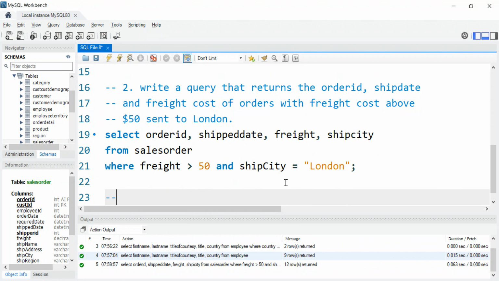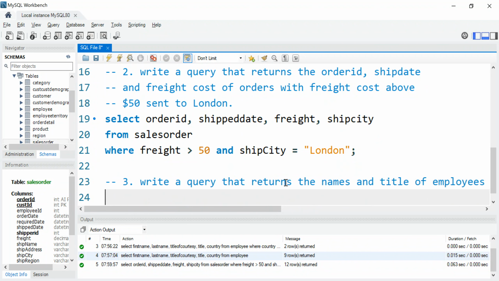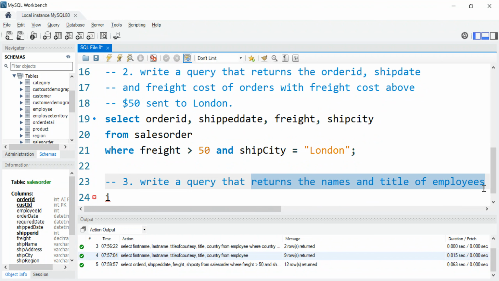And an example of that would be this question here. So we say three, write a query that returns the names and title of employees. Actually, let's change that. Let's say write a query that returns the